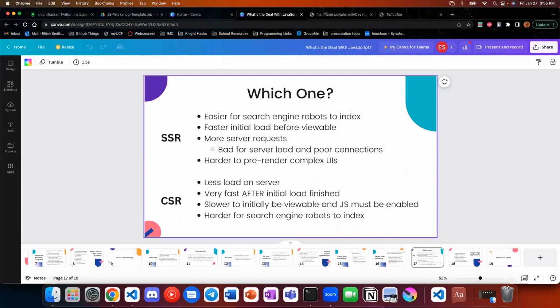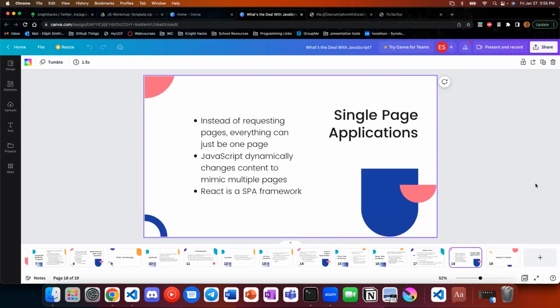The other thing here is that it's harder to index because it has to be built manually by the search engine robots, which will try to do their best, but it may not work, it may take longer. All right, last thing here, I promise. This is the last terminology, and then we'll do a really quick demo of Node, just so everyone can see, and then we'll dismiss from there.